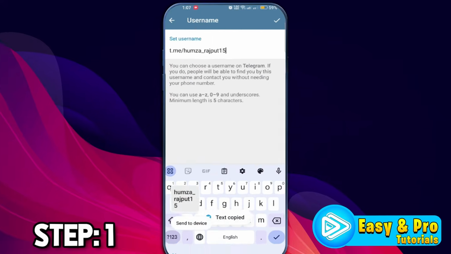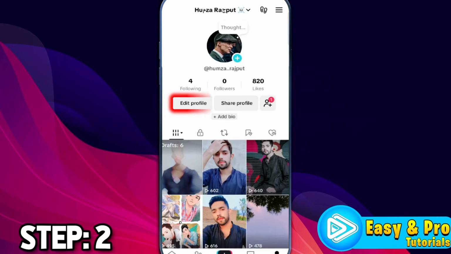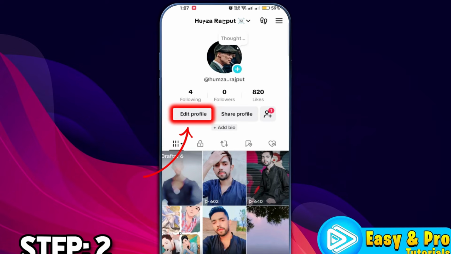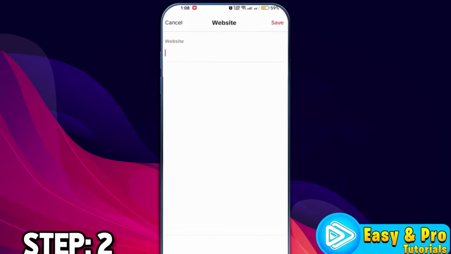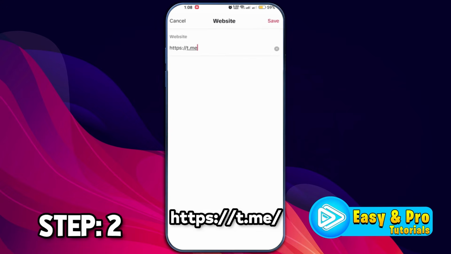Copy it from here, then close it and open up your TikTok app where you will see this Edit profile. Click on that Edit profile. Here you have to find this Website option. Click on that website. Now from here you have to type